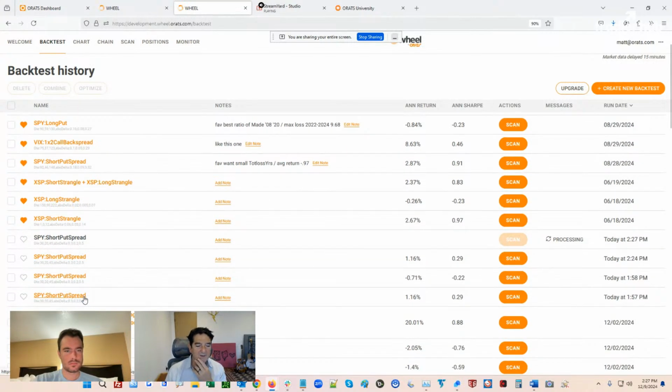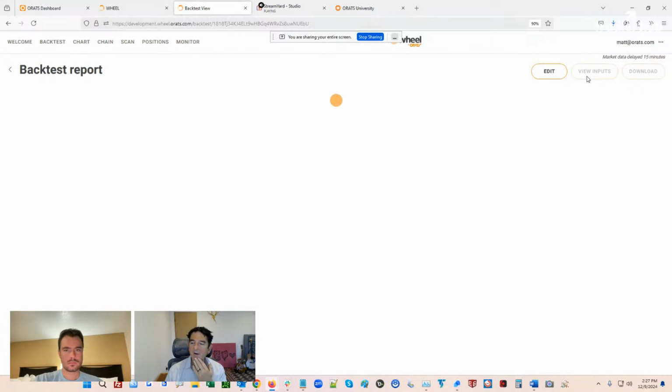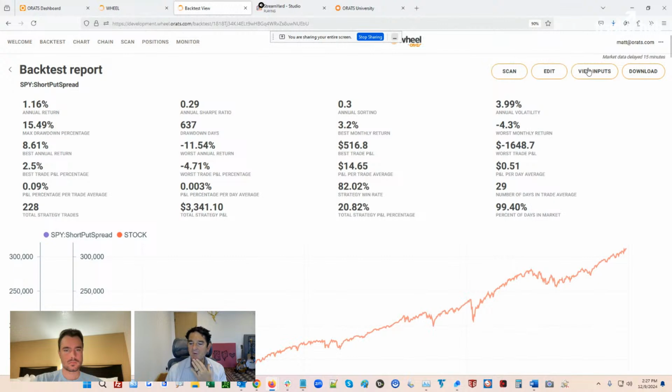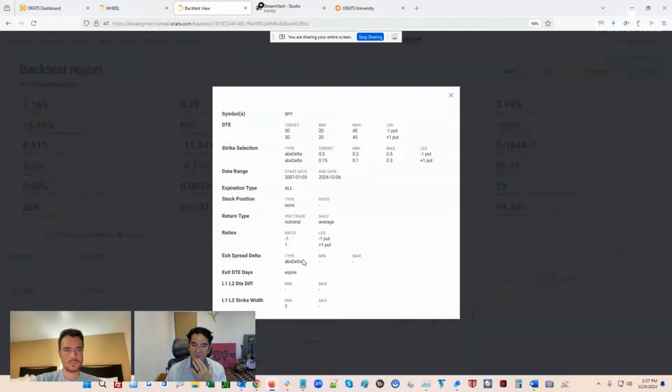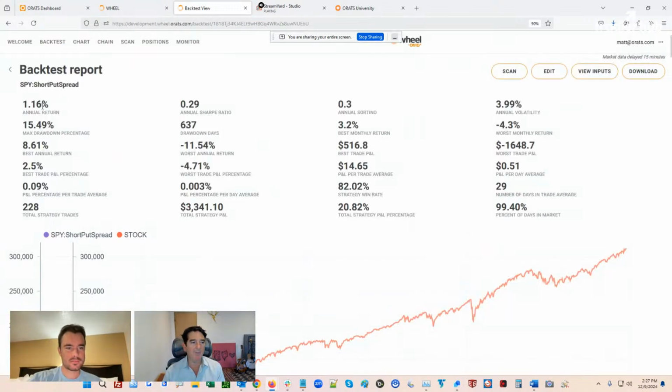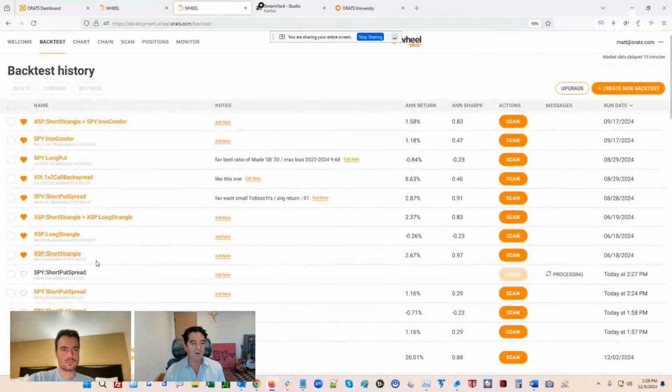So here's a test that I ran using the indicator. If you view inputs, you could see that I used, or actually this is the one without the indicator. Yeah, this is the base test. So this is the base test that you want to compare against. That base test returns 1.16. The max drawdown is 15%. So this is a decent basic test, but pretty low Sharpe and Sortino. So now if you compare it to